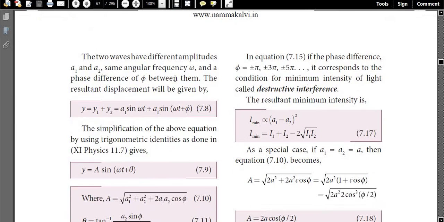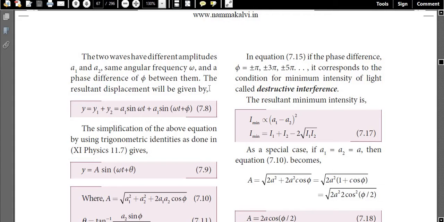Then the two waves have different amplitudes, a1 and a2. A1, a2 represent the amplitudes of the two waves, with the same angular frequency omega and a phase difference of phi between them. The resultant displacement